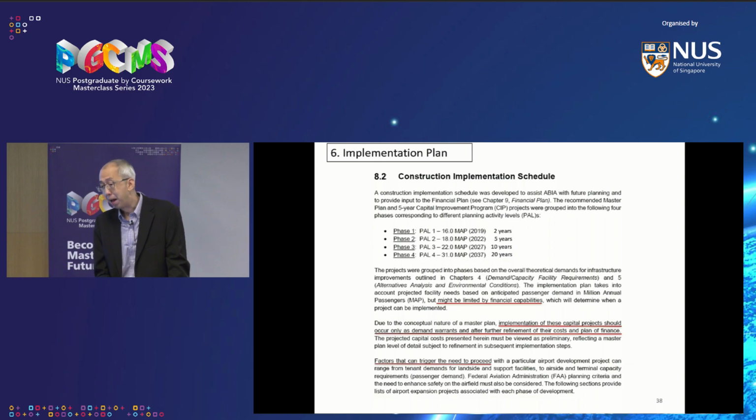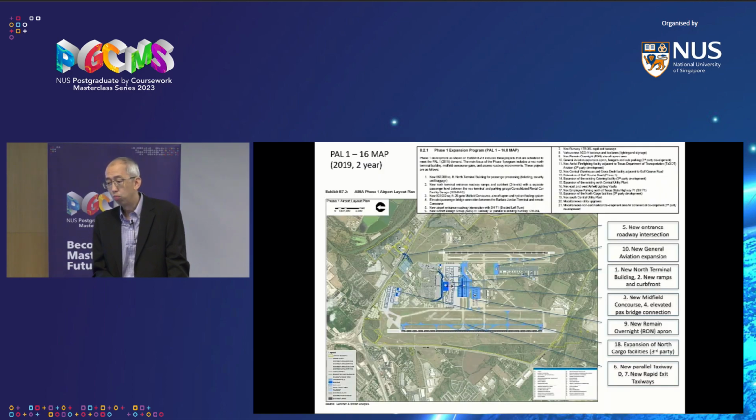And then you have to implement it, okay? So they have different planning levels. So the blue is what they were planning to build out immediately in 2019. Then COVID came, and of course, half of your revenue disappeared. You just imagine suddenly your passengers totally dropped. Changi dropped to 5%, okay? So Austin also or something like that. So all your revenue just vanishes overnight. Huh? So of course, you're not even talking about expansion anymore. But now that things have gone back to normal, all this is going to be built right now.